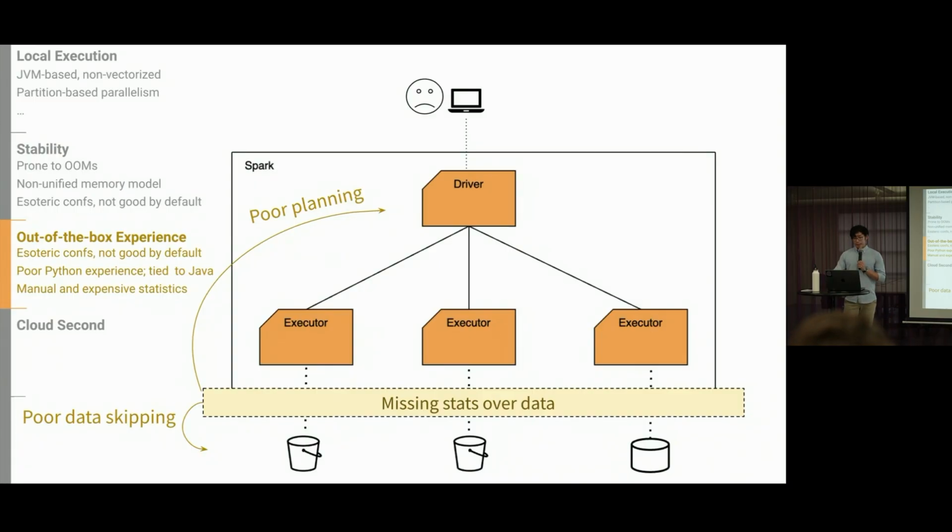Another problem with Spark is that, if you go back to first principles, database engines are very fast because they take advantage of data semantics to perform the right algorithms, to skip over data, to plan your query execution. This is why you use a database and not an operating system file system to read data. The problem with a lot of data lakes, sorry, I didn't introduce that term, but the problem with a lot of data that sits in S3, in your buckets, in your databases, in JSON and CSV, is that you don't have a lot of statistics or information about it. There's no free lunch. Without statistics, you can't execute a query correctly, so you can't do things really well.